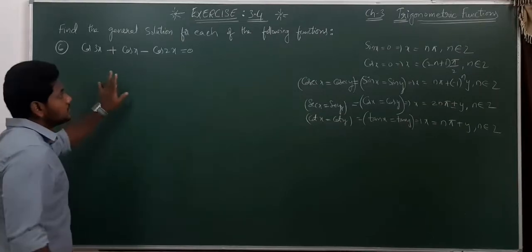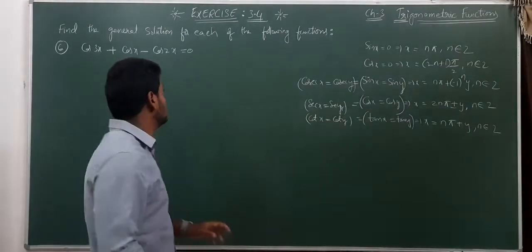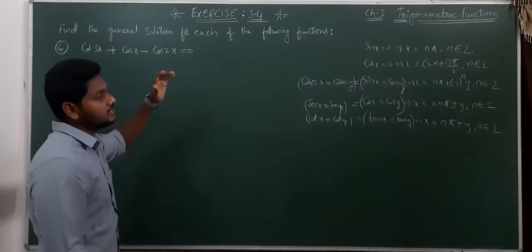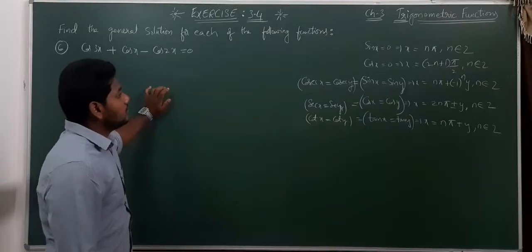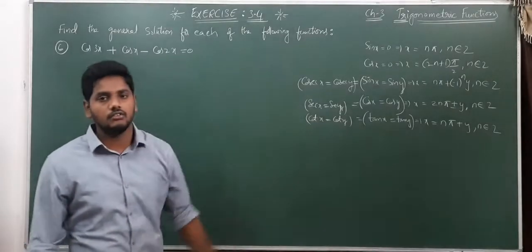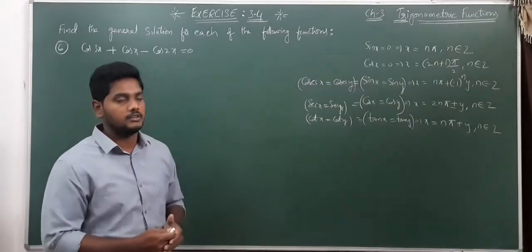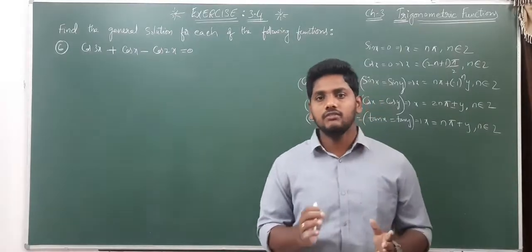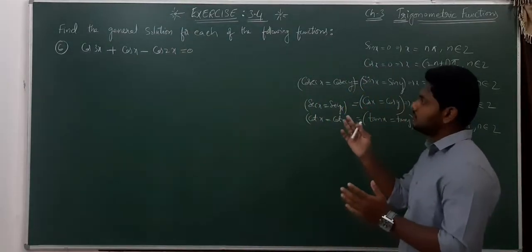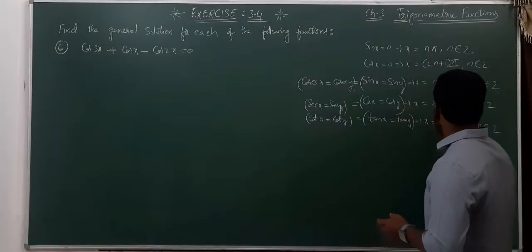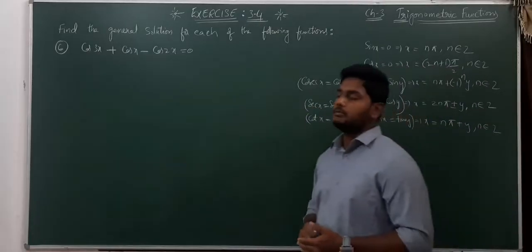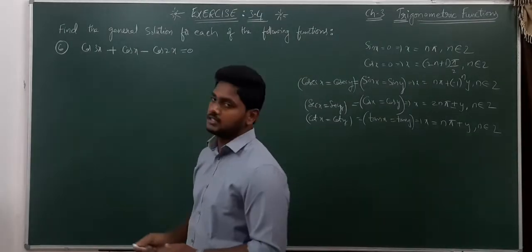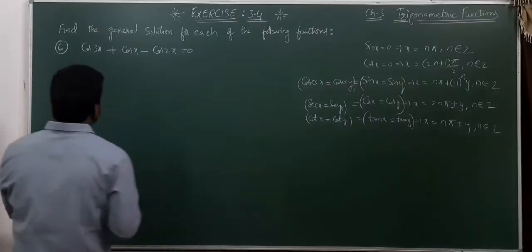Okay, this is also a trigonometric equation, right or not? The equal sign is there, the variable is there, trigonometric functions are there. So it is a trigonometric equation. Now, before, in the question cos 4x equal to cos 2x, we could do it directly. If sin x equal to root 3 by 2 or tan x equal to 1, that also we can find directly, whatever the theta angle is, we will substitute it instead of y. But what about this type of question? Here we don't have only one or two functions, here we have three functions. Then first of all, we need to simplify this.